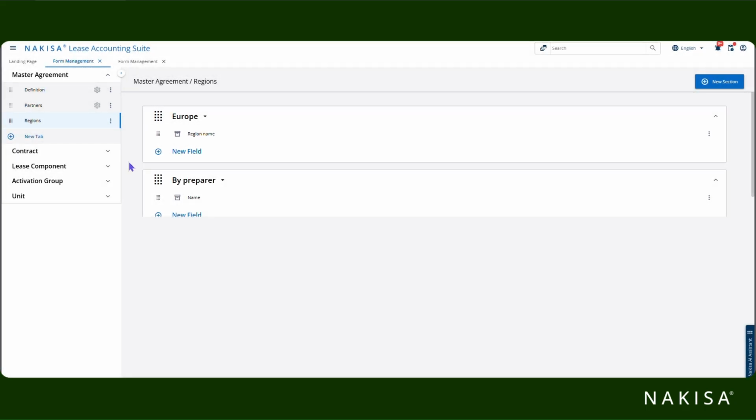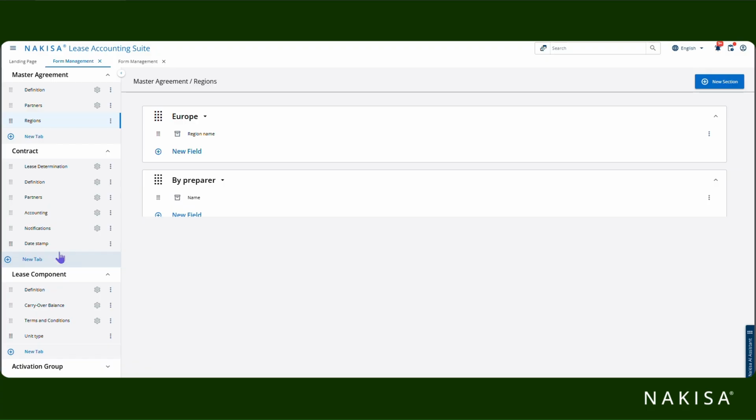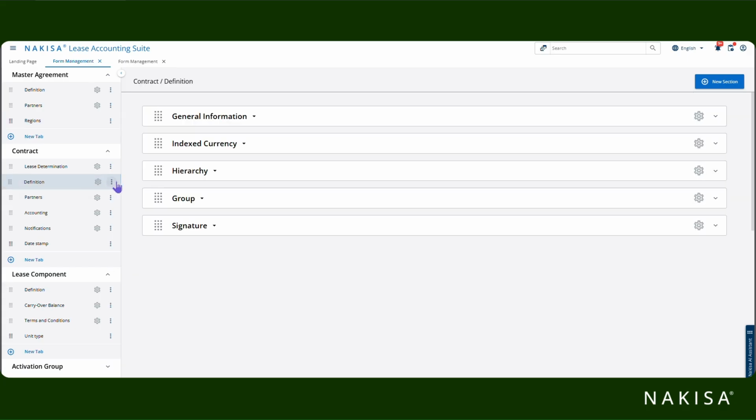So this is how you can create different user-defined tabs, and underneath the tab sections, and under the sections multiple fields that you may have. So same thing for the other objects. You're able to create separately on a tab UDF, or even an option that you have is that under the definition page you can create